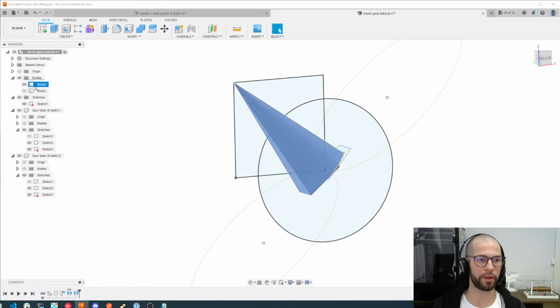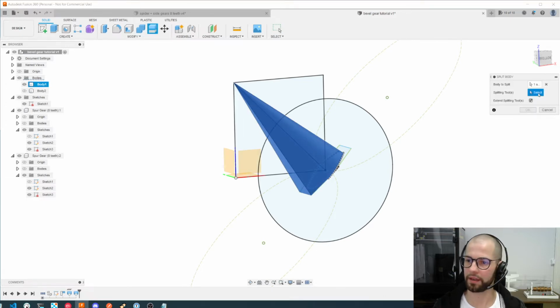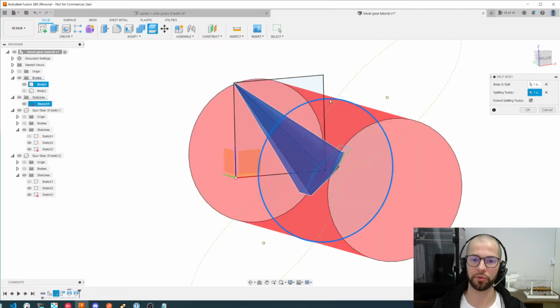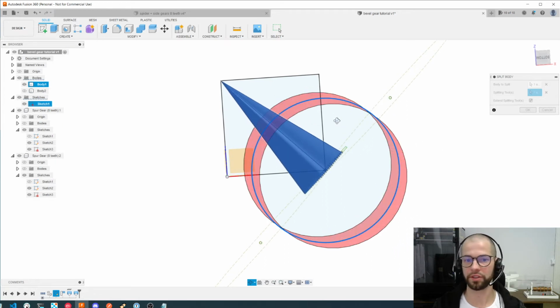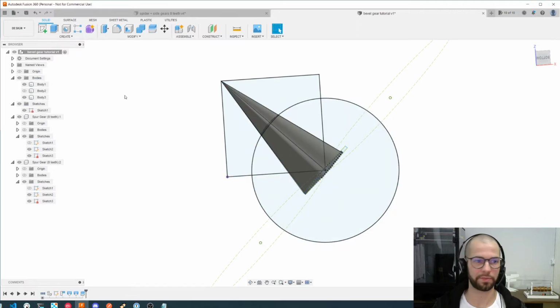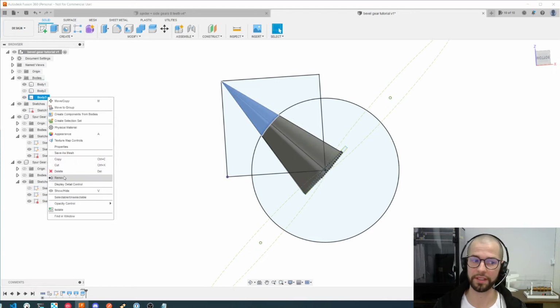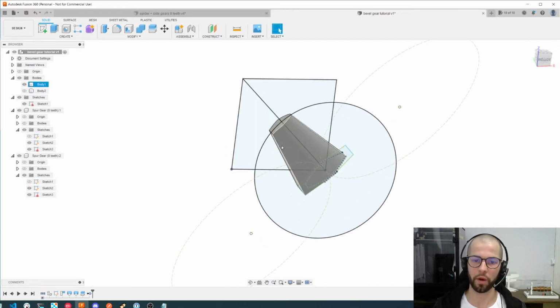So let's work on one of them. Let's select this one, modify, split body, and let's select this circle as a split tool. As you can see, this circle here defines the size of each tooth of the gear. So after this you can change the size of the circle, and you will change the size of each tooth. I will split them, and after making this split, I just create this new body, which I will remove, not delete, remove. So yeah, now I just cut one tooth of